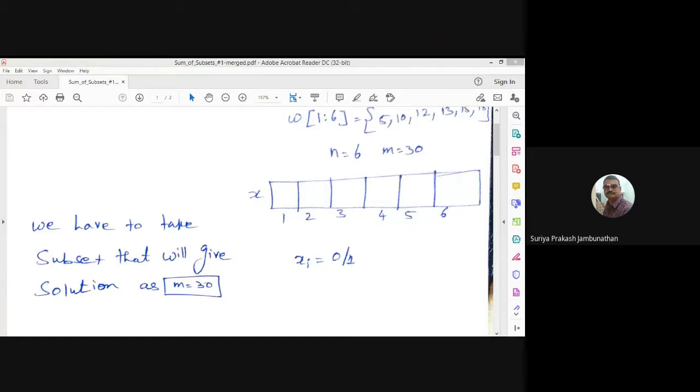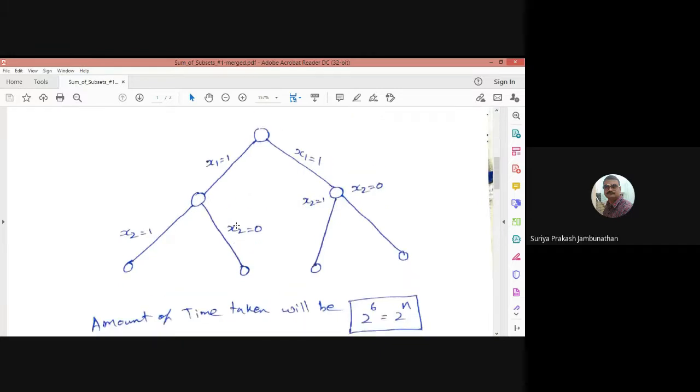So in this case, how the tree has to be formed. We have to form a tree, and what all nodes we are taking, we have to identify through this problem. So here we are taking a tree. The tree contains the root node, and left sub node and right sub node. So x1 is equal to 1 we are taking, then x2 is equal to 1 we are taking, x2 is equal to 2, x2 is equal to 0 we are taking, and x1 is equal to 1, x2 is equal to 1, and x2 is equal to 0. This way we are forming the tree. So this is the tree we formed in the n-queens problem.